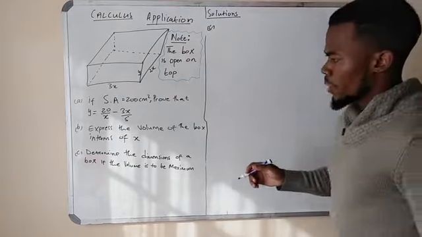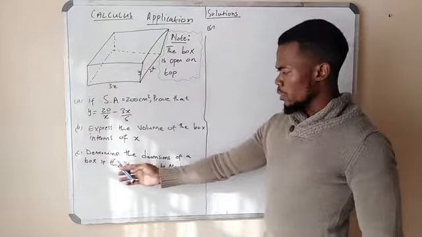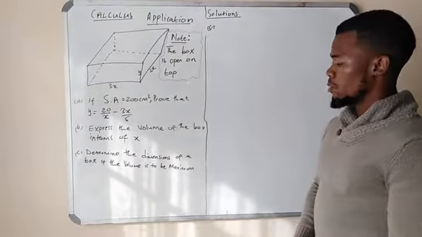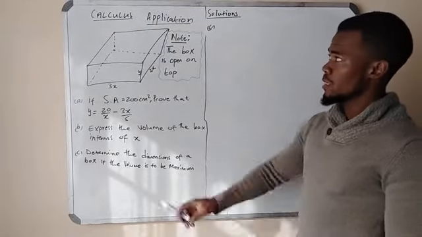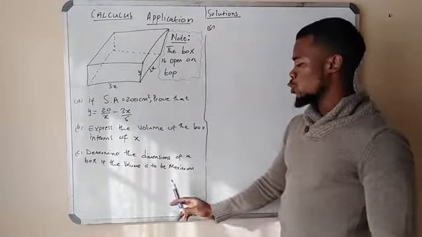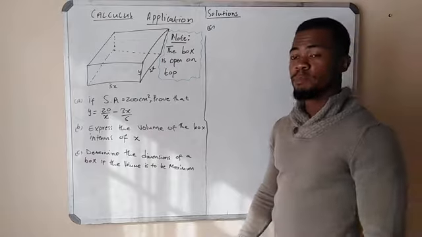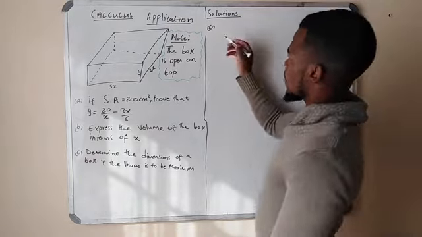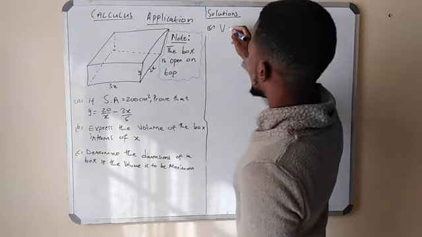Right, moving on to our last question. We are required to determine what the dimensions of a box are if the volume is to be maximum. Now remember, grade 12, when dealing with calculus, immediately they say to you maximum or minimum, they simply mean find the first derivative. So in this case, remember, we have found out that the volume in terms of x